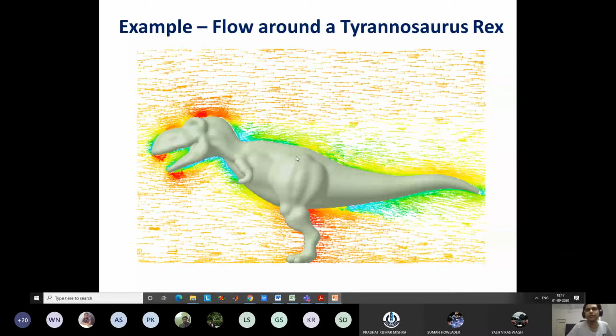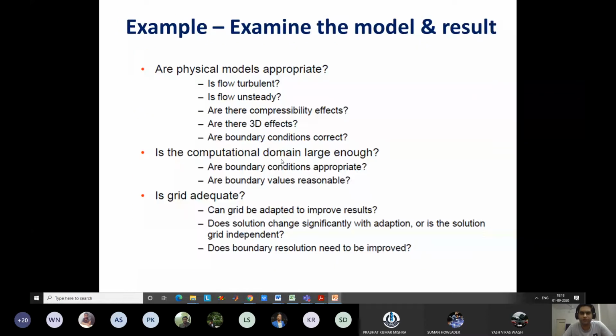But we will have a very large domain. And there are some thumb rules for those. So for example, flow over a cylinder, typically you need a large distance to accurately capture the vortex shedding phenomena. So 20 times the cylinder diameter or 50 times the cylinder diameter, not 1 or 2 times the cylinder diameter. Typically you have to take a very large distance so that you can accurately capture the phenomena. So boundary conditions is another important aspect. So we have to judge after solving the problem. Also we can check whether the initial boundary conditions were correct or not.